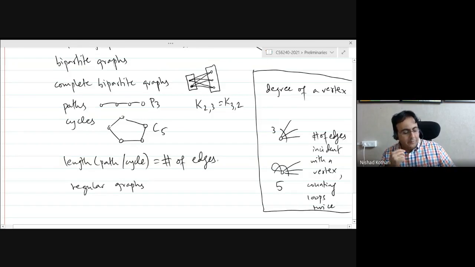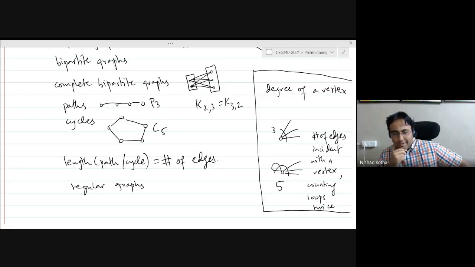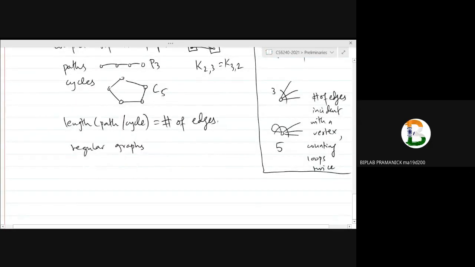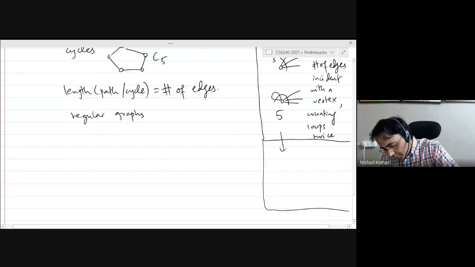Can anyone tell me a good reason why loops are counted twice? Can you use some fact from a basic graph theory course to explain why it makes sense? Because a loop is an edge with 2 endpoints, but here the endpoint is the same. Right, that's why it counts twice, and you know that the sum of the degrees is twice the number of edges. Exactly, it's the handshaking lemma. If we don't count it twice, then this lemma will not be true. So one reason is for the handshaking lemma to make sense.